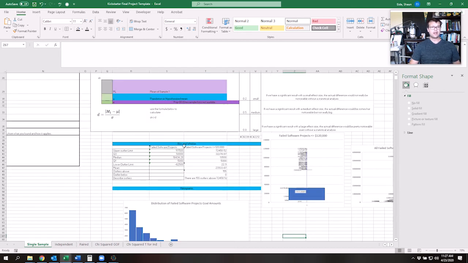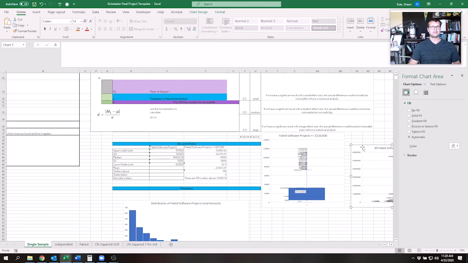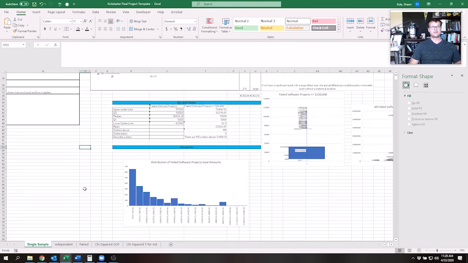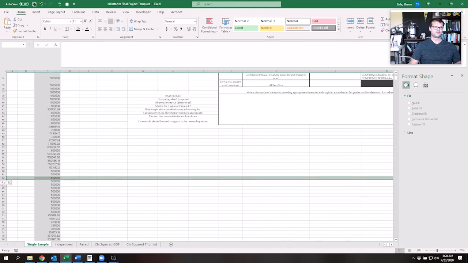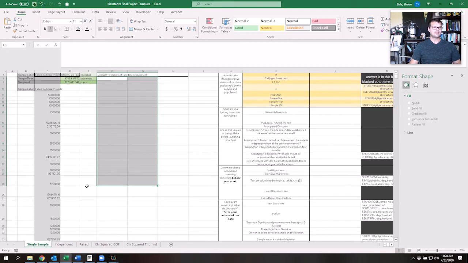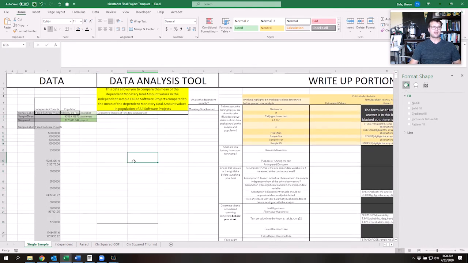Now, once again, it is perfectly fine to adjust your inclusion criteria. When you realize that your data is not going to be interpretable, you've got to say, hey, how can I make this data interpretable? And the way that you make the data interpretable is by changing the inclusion criteria. And when you change the inclusion criteria, another thing that's really important that you have to do is, remember, you've got the failed software projects. If you change the inclusion criteria, you also have to delete this, and you've got to say, okay,